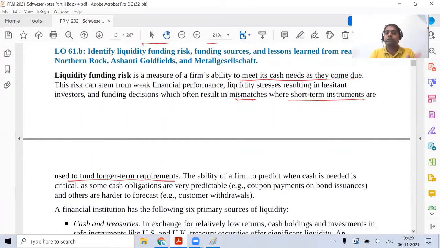This was a major problem which a lot of banks faced during the 2007 crisis. There was a mismatch with respect to asset and liability. They raised a lot of money for a very short period of time and invested it into structured products. So when the crisis started hitting them, they had to pay back the liabilities, but their assets were also not valued because the market was falling down. So they faced a lot of problems. Read this entire paragraph. I've just tried to give you a gist of what is happening over here. Read that paragraph.